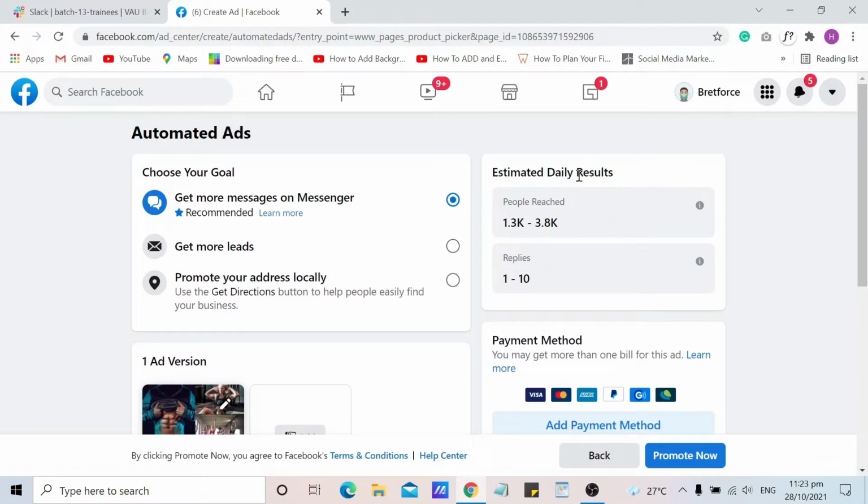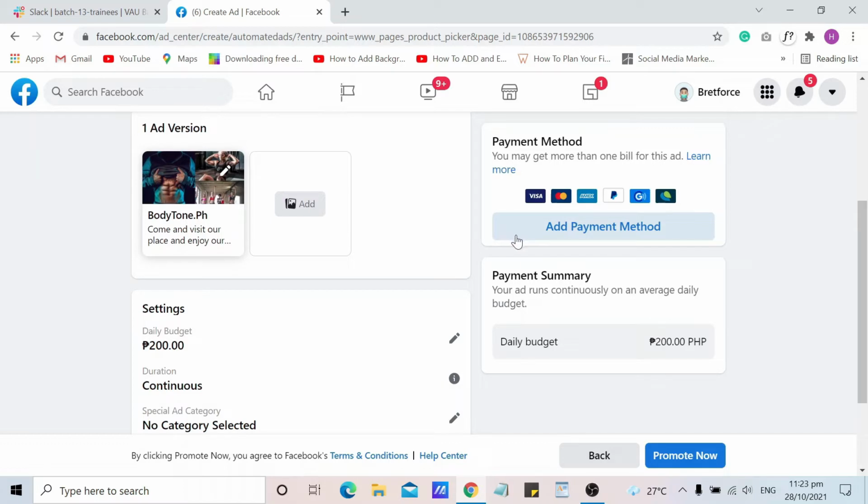You can see here the estimated daily results for your budget. The people reached is 1.3 thousand to 3.8 thousand. The replies is 1 to 10.